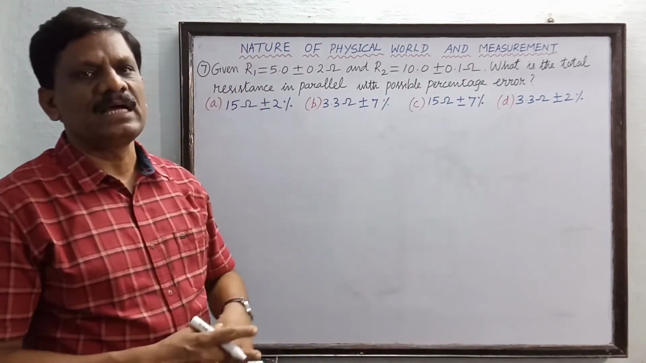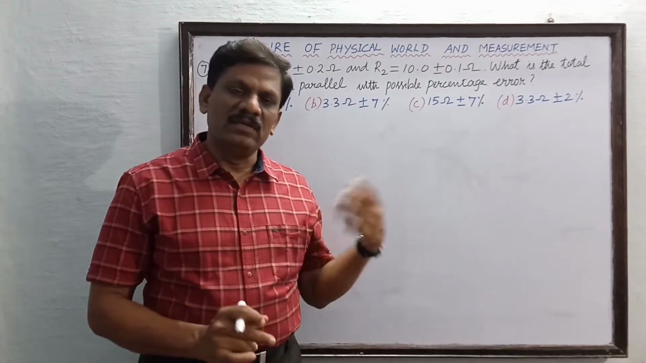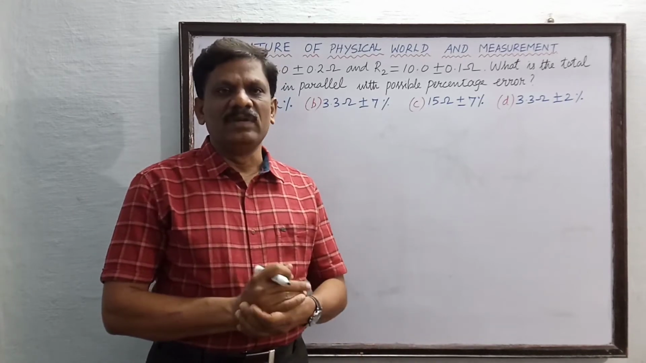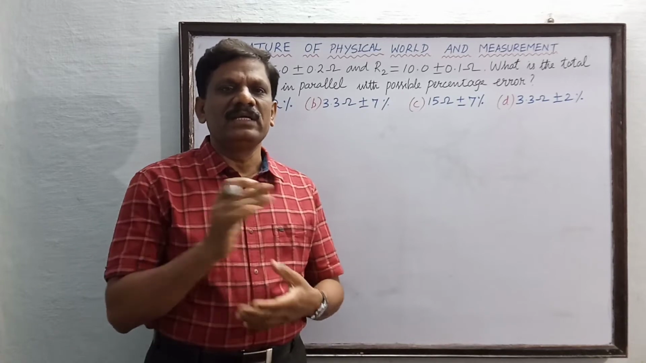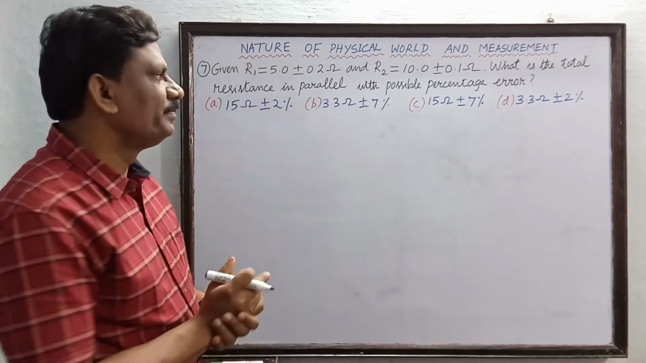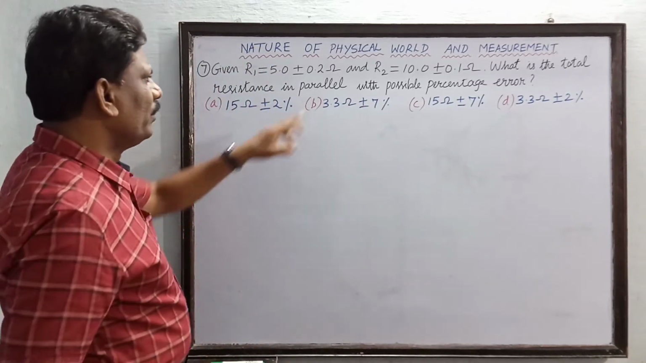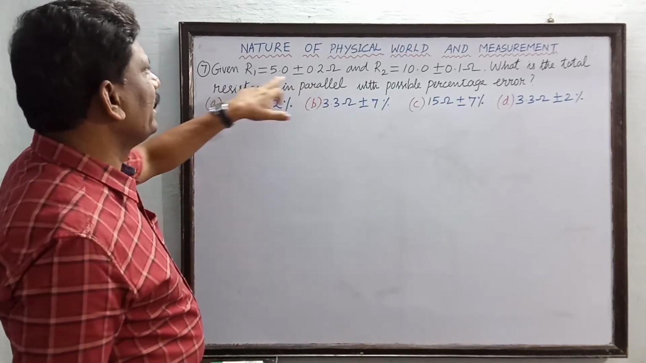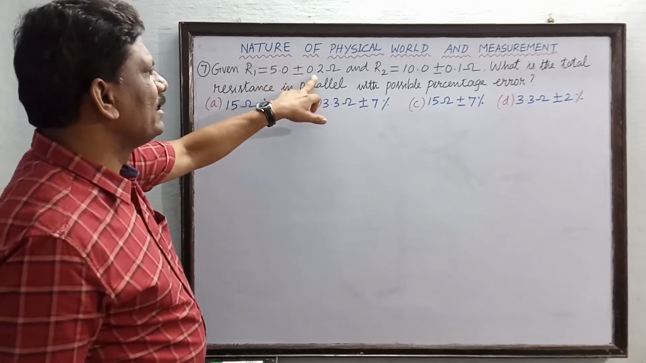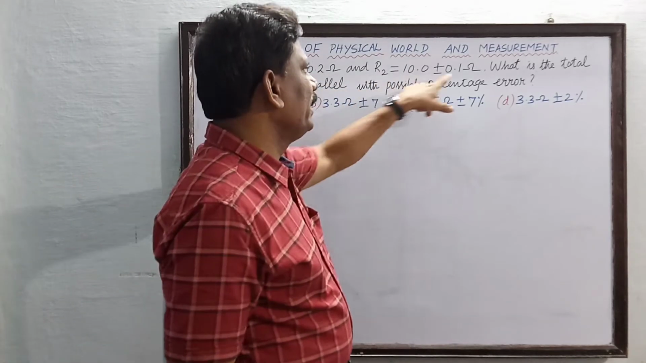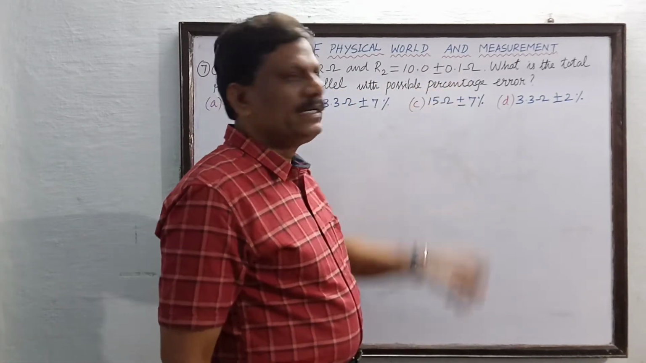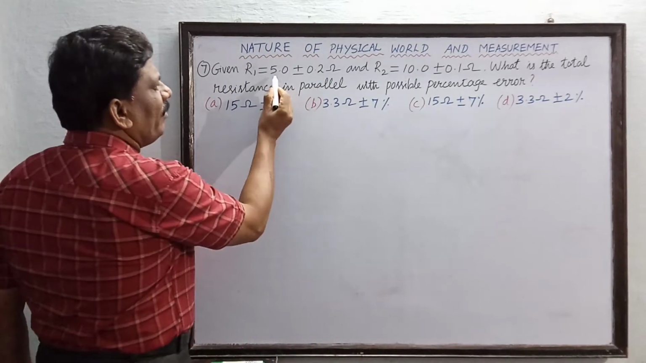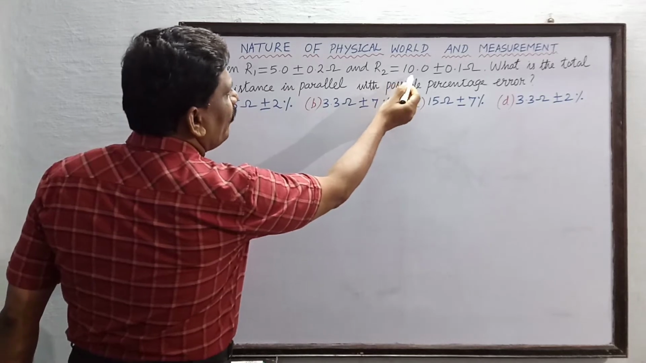So two resistors R1 and R2 are given. When they are connected in parallel, what will be the possible value of Rp with error percentage we have to determine. Now you can see here the possible error in R1 is given as 0.2 and the possible error in R2 is 0.1. Understand? So I will take the base value of R1 as 5 and the base value of R2 as